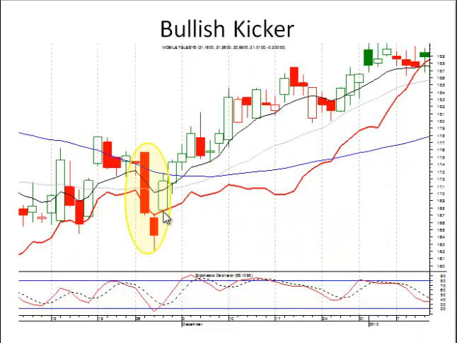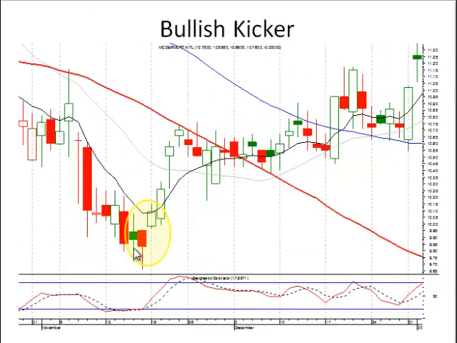Kicker signal right here on the 200. That may not be the 200, but on a moving average and closing above the T-line. Just more evidence that there's been a change of heart in the bears. Now the bulls have taken control. And the little gap up going the opposite direction, that's all just evidence that there's been that change.